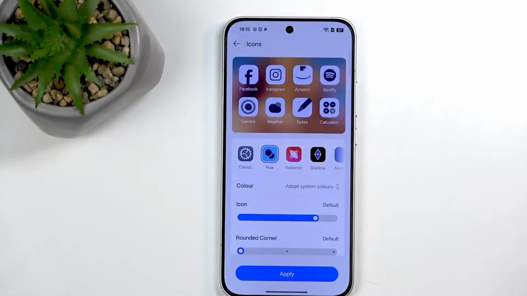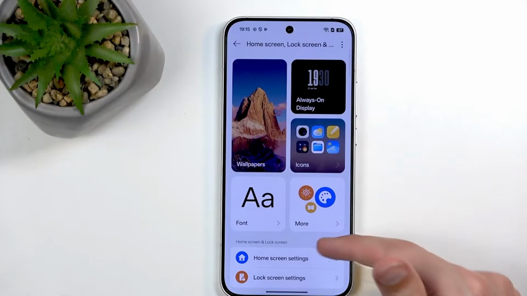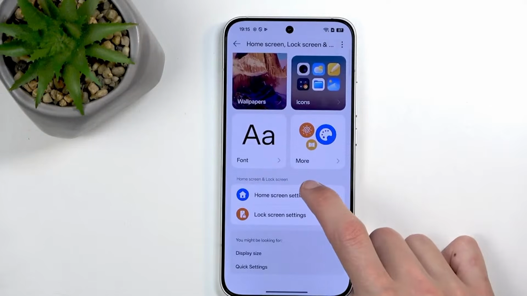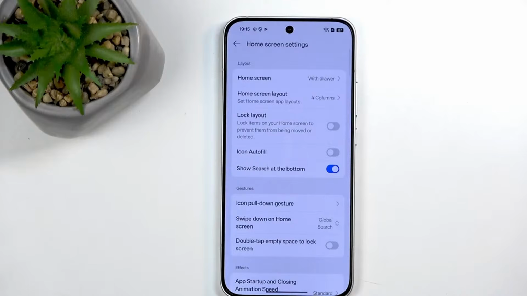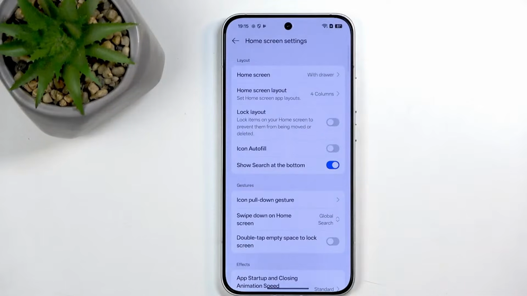So there we go. We can adapt it to system colors, meaning your wallpaper. But I'm going to stick with the classic one. Now, we also have other things in here like home screen settings. So moving on out of the customization now into this one, we have home screen mode, basically, which allows you